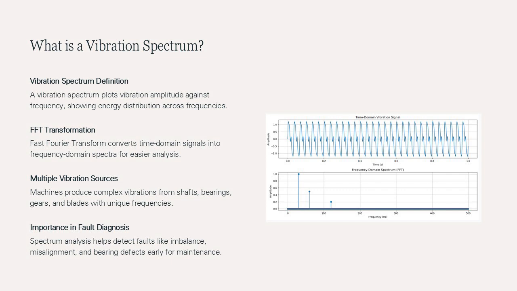The spectrum is essential because real-world machines generate complex vibrations composed of multiple sources such as shafts, bearings, gears, and blades. Each source vibrates at its own characteristic frequency, and when combined, these signals create a waveform that is difficult to interpret. By converting the waveform into a spectrum, analysts can isolate individual frequencies, making it possible to identify specific